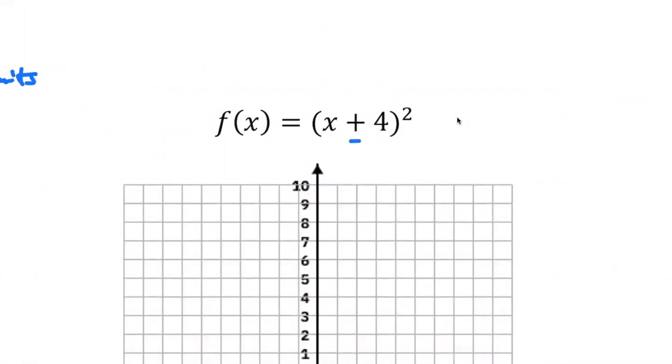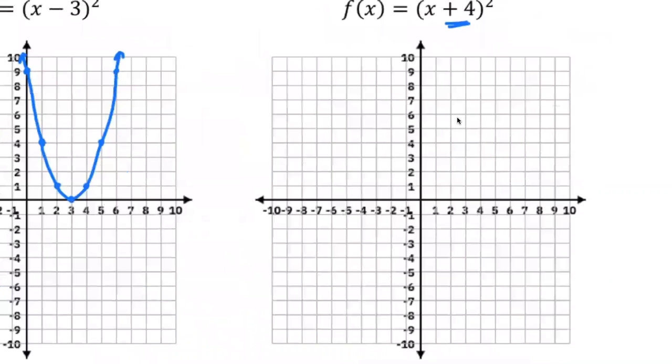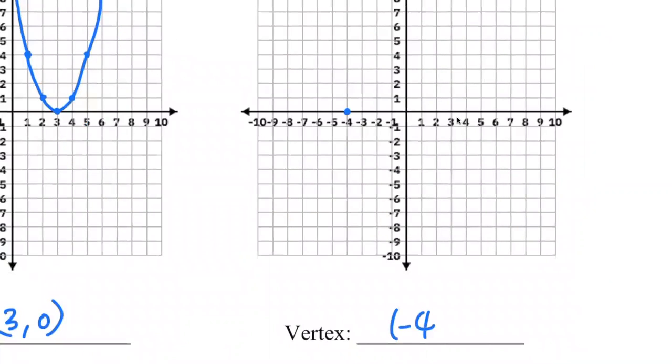All right, now, it's x plus 4 parentheses squared. That means we're shifting to the left 4 units. Okay, left 4 units. So we have the vertex right here. Okay, so -4 comma 0. And